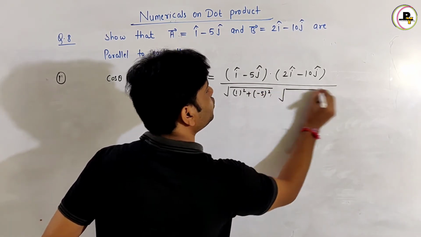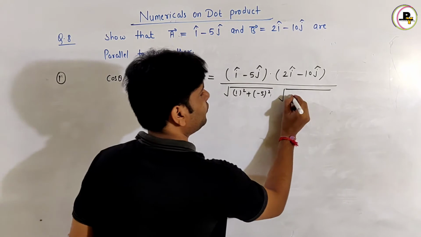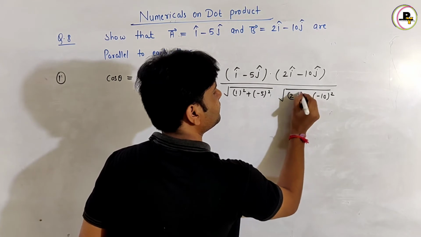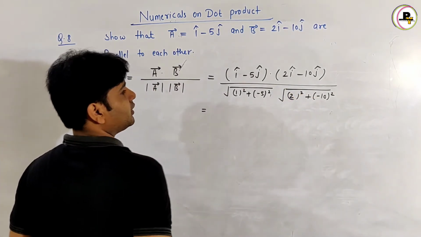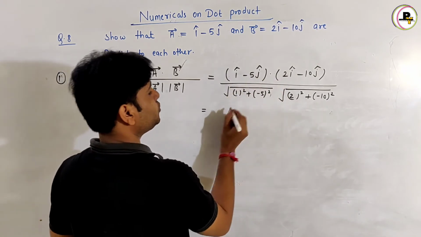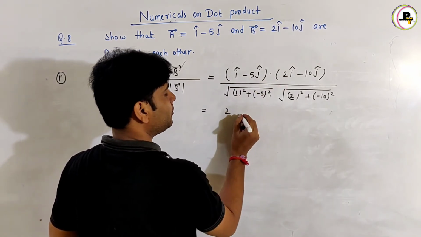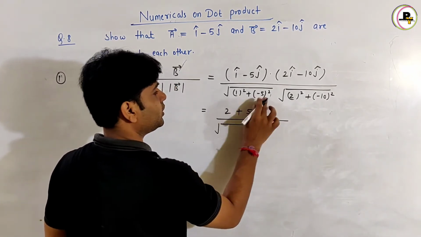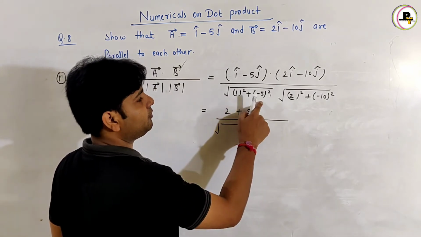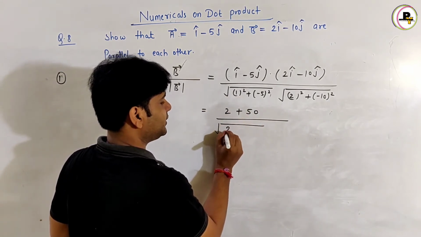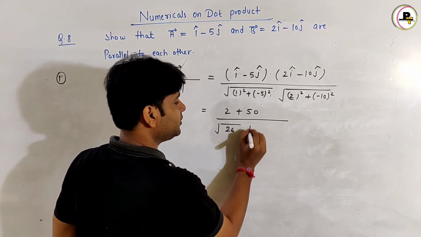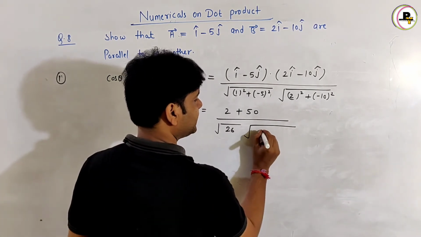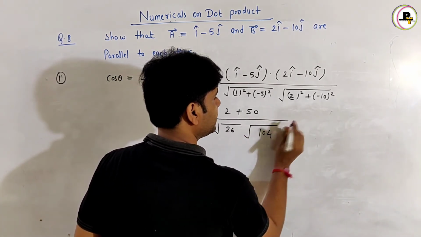In second root, I get what? Mod of b vector, which is square of 2 plus square of minus 10, and this equals 1 into 2, that is 2, and minus 5 into minus 10, that is plus 50, divided by, in first root I get what? Square of 1 plus square of minus 5, which is 25 plus 1, 26. In second root I get what? Square of 2, that is 4, and square of 10, that is 100, that is 104, and this value is